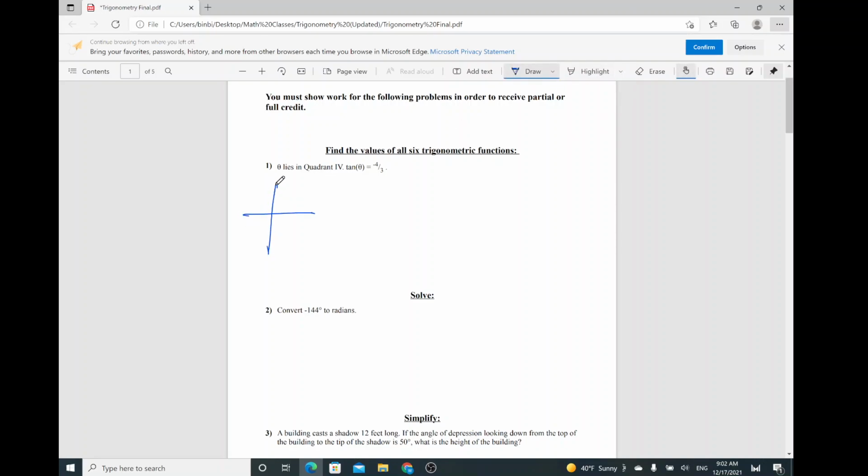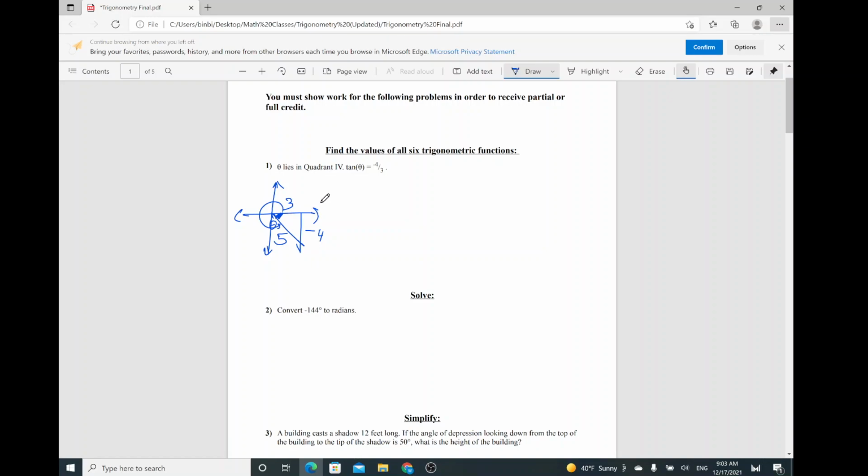First thing you want to do, with the given ratio, is find the location of the right triangle. This one is in quadrant 4, so it's all the way down here. According to the ratio of tangent, opposite over adjacent, opposite is -4 and adjacent is 3. Using the Pythagorean theorem or the Pythagorean triple, the hypotenuse would be 5. Theta is all the way over here, the angle bounded by the terminal side and the x-axis, which is just the reference